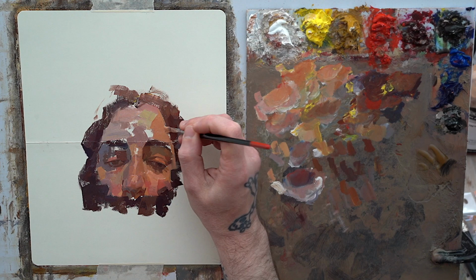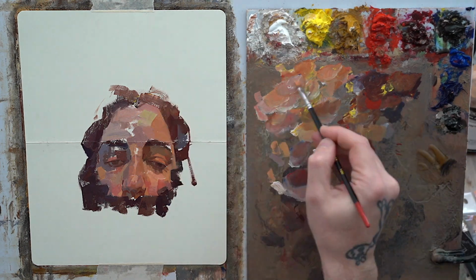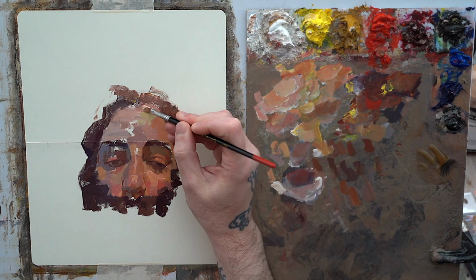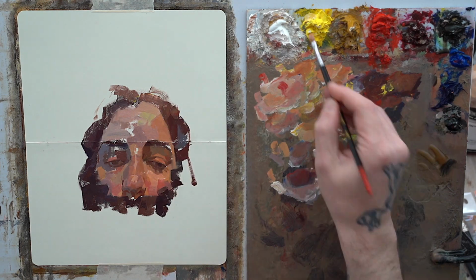Using a small brush means that we're not going to be able to access a ton of things, or it's going to take us a longer time to do that. So why are we doing this? Why are we pushing ourselves to say, let me see if I can just use one small brush? Well,